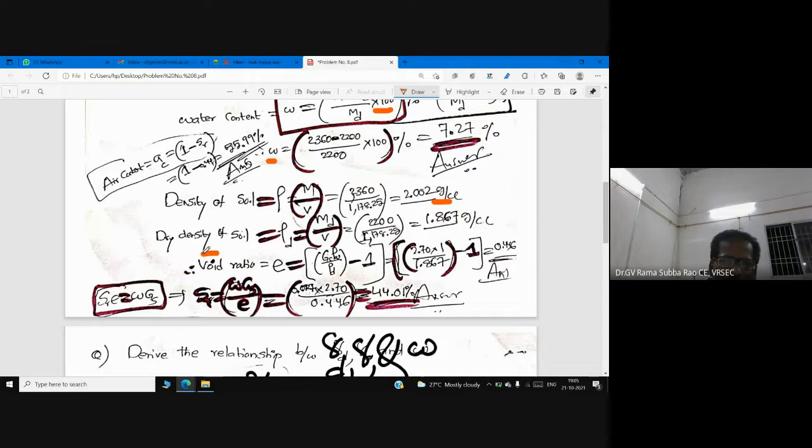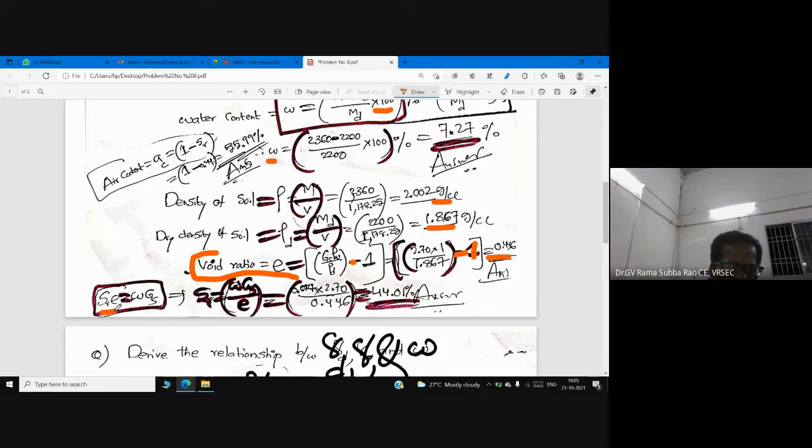Now, how to determine void ratio from specific gravity and dry density? This has been discussed in a previous lecture, so have a look at that lecture. Void ratio is equal to Gs rho w by rho d minus 1. So here I have 2.70 into 1 by rho d. Rho d, just now we got it, Md by V, 1.867. Now you do one thing: 2.7 into 1 by 1.867, we get the value. Then don't forget to deduct 1, and we are getting 0.446.